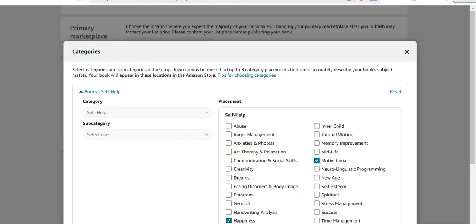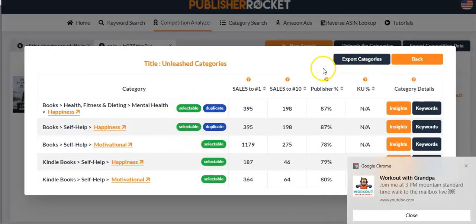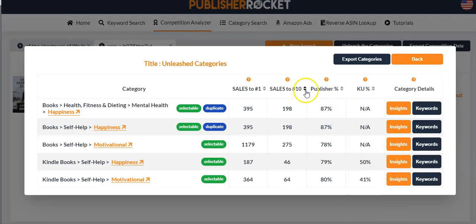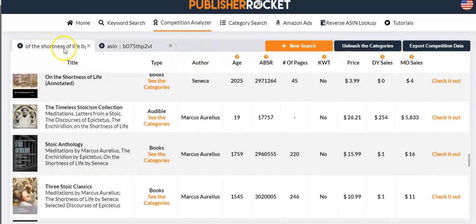So there's 2 of them. And I'm curious, now I'm curious.